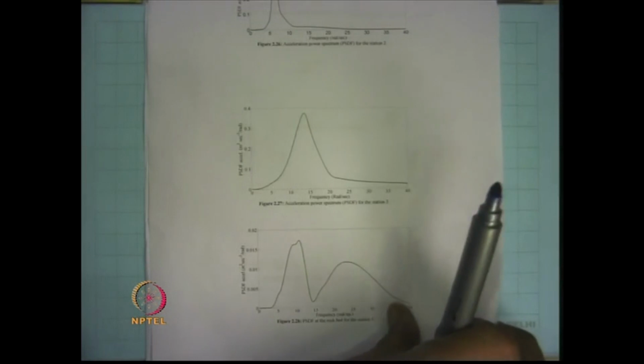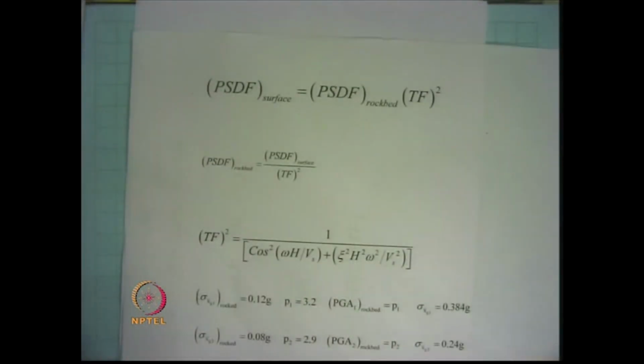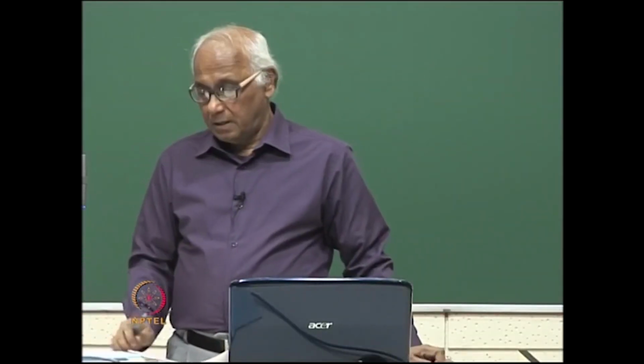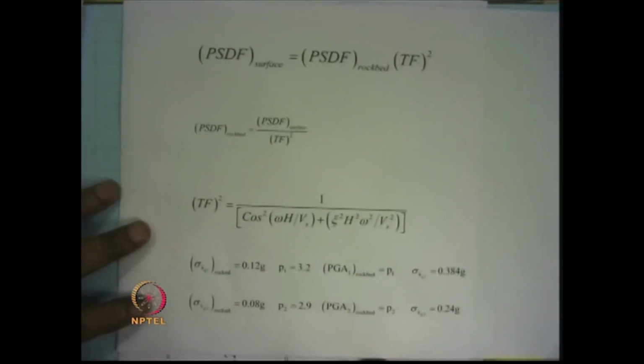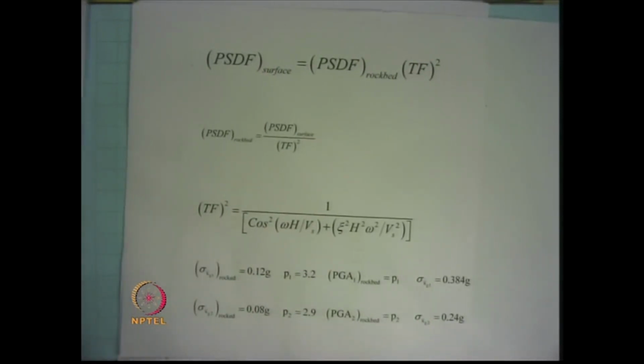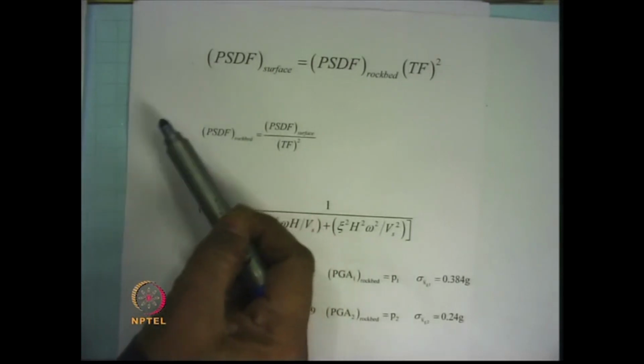So what we do, we first convert this power spectral density function, which is given at the surface at each site, to the corresponding power spectral density function which will exist at the rock bed level just below site 1, site 2 and site 3. And for that we use this particular formula, which will be discussed in chapter 4,